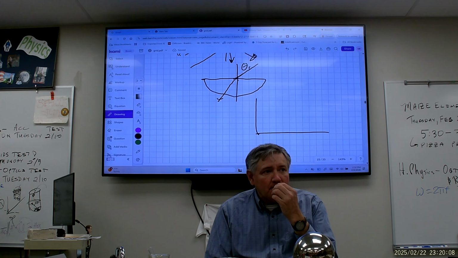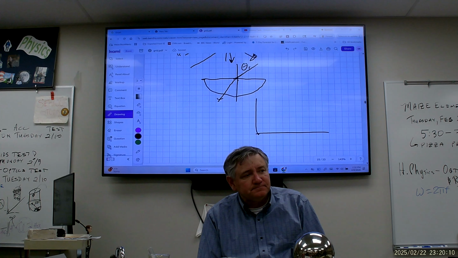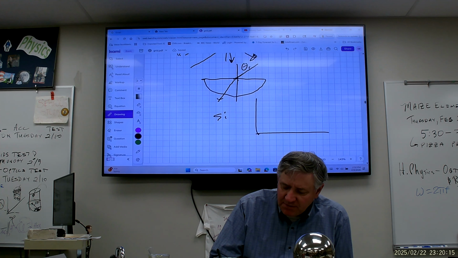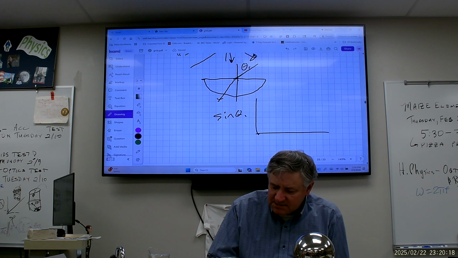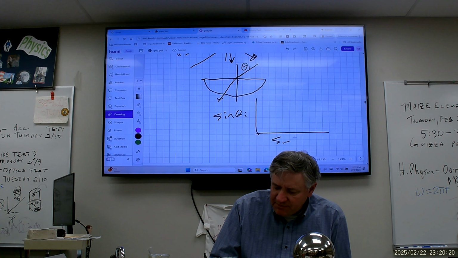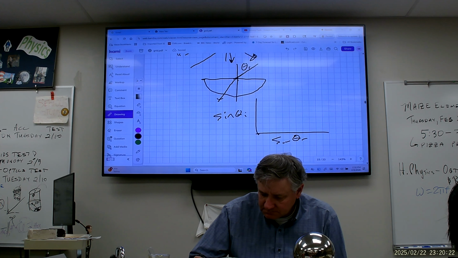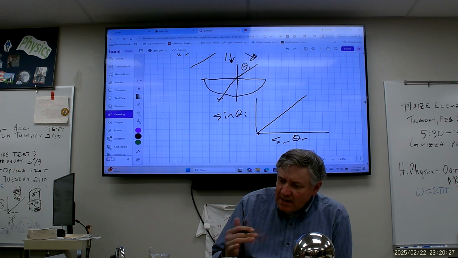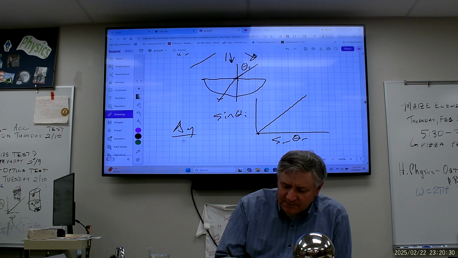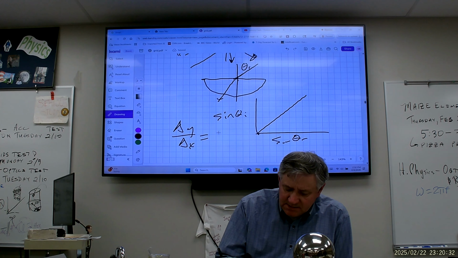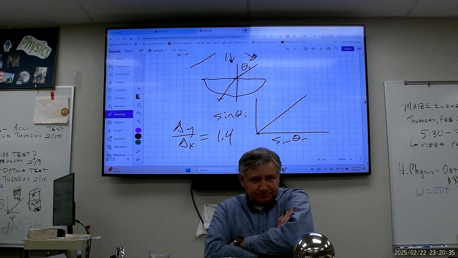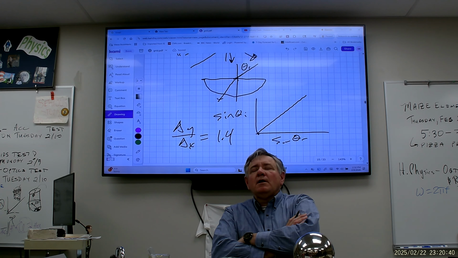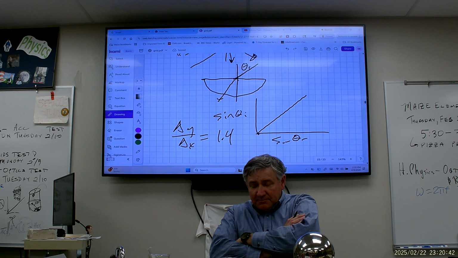Okay? So, in the name of time, if you graph the sine theta of incidence here and the sine theta of that refraction here, it's a very nice linear function, okay? And if you do that slope, change in y over change in x, you would get a slope of 1.4, okay? Now, so you have an index of refraction of 1.4. When that light enters that plastic,